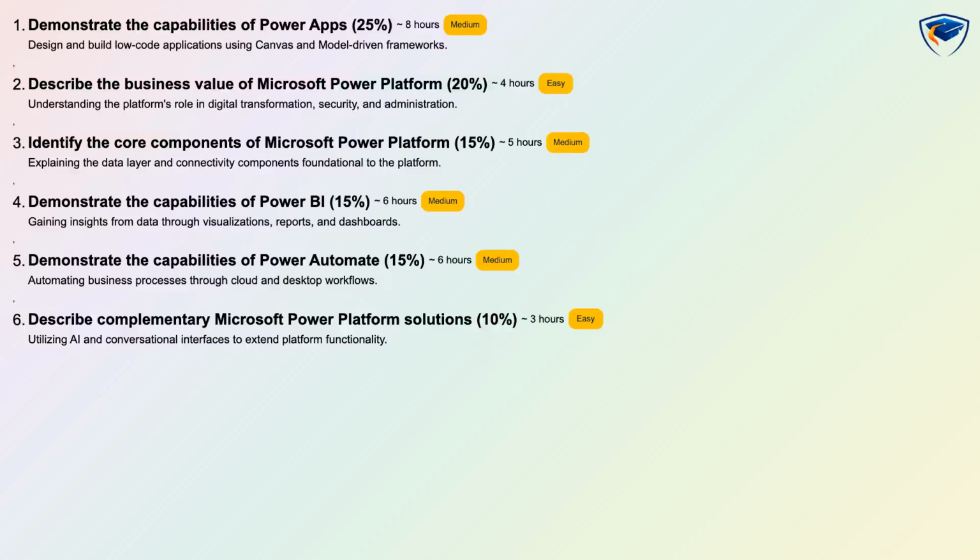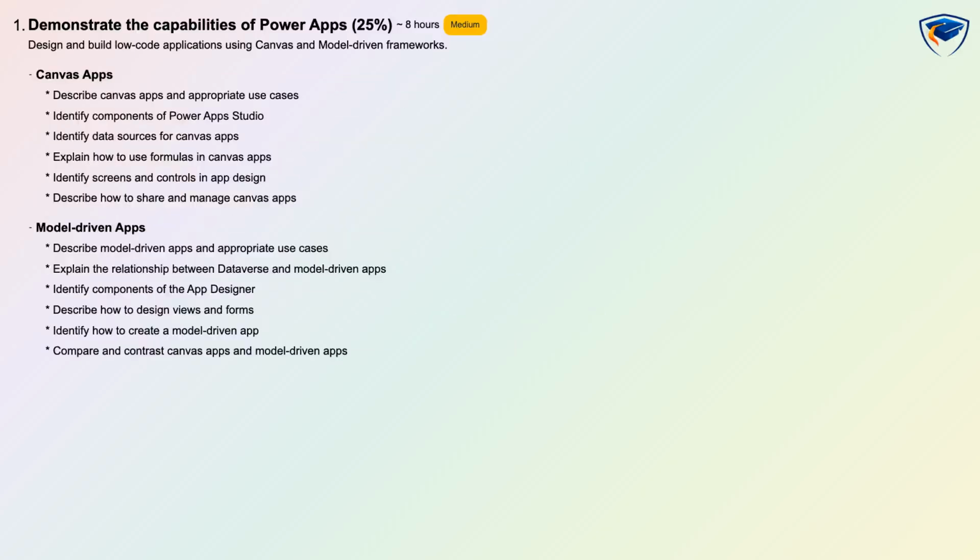your preparation. Demonstrate the capabilities of Power Apps is weighted at 25%, difficulty medium, with an estimated learning time of 8 hours and assessment type hands-on plus conceptual. You will learn to design and build low-code applications using Canvas and model-driven frameworks, including when to choose Canvas apps